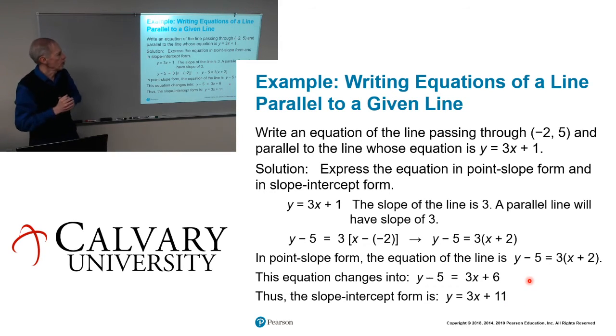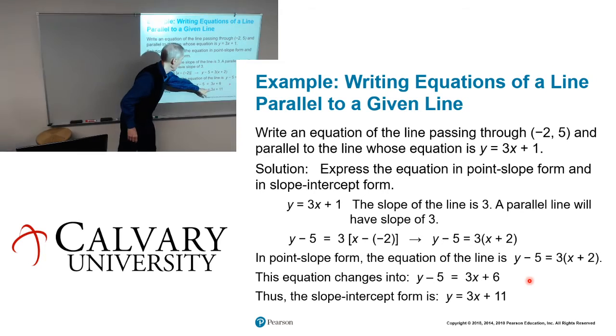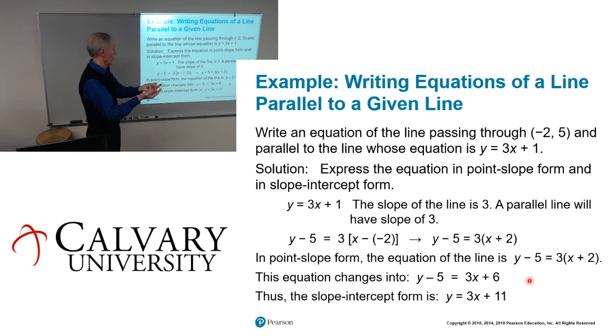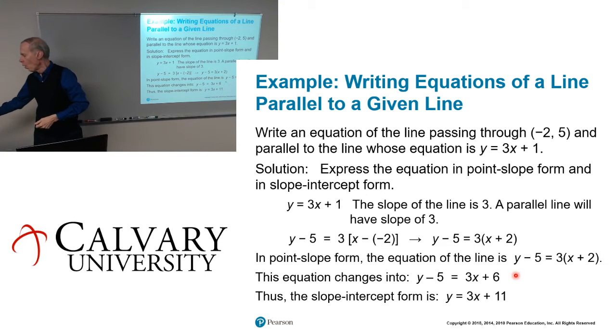So think about what you have accomplished here. You have now written a different equation for, of course, a different line, but it goes through the point -2, 5, and it has the same slope as the original line, so they've got to be parallel. And as a check, even though you don't have to, does this graph y equals 3x plus 11 go through this point -2, 5? Well, to do so,